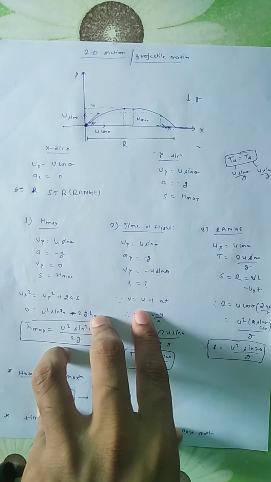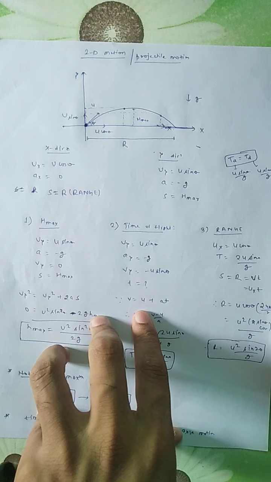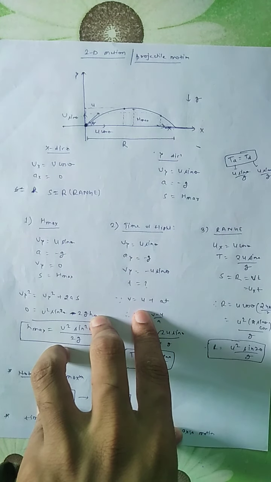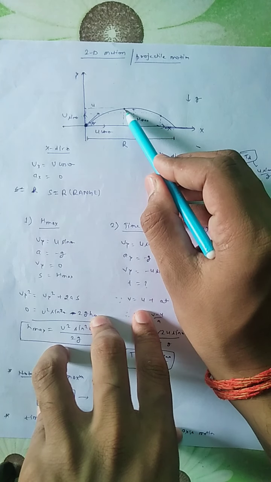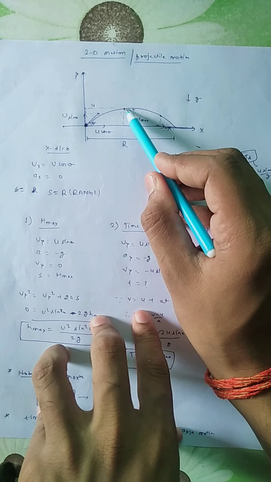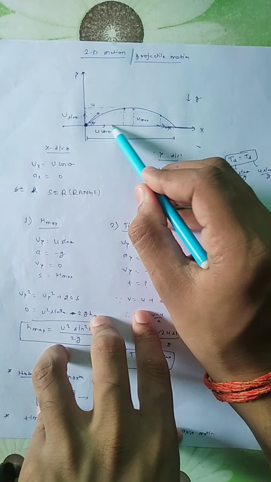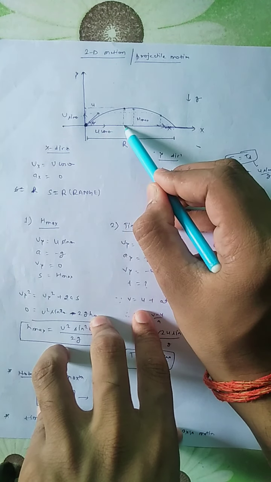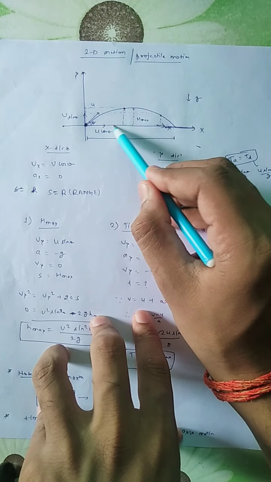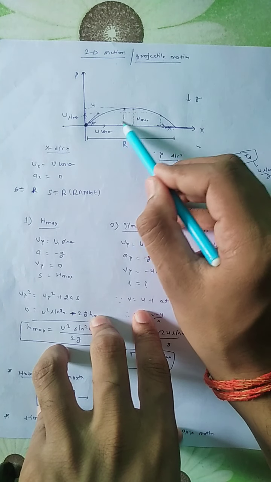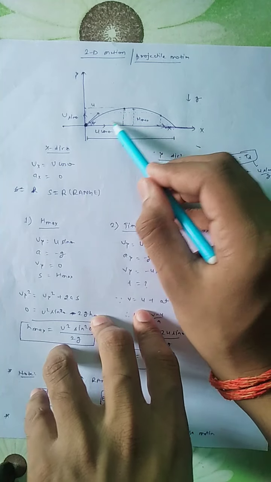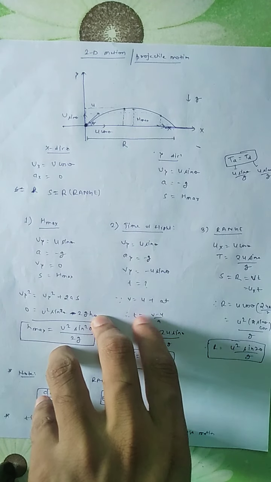Okay, you must remember that time is the quantity which relates both x-axis motion as well as y-direction motion. Let us consider it with an example. Let the body be at this point at any time. At this particular time the body is at this length in the x direction, and at the same time the height of the body is this. This is the x component and this is the y component of the displacement at the same time. So time is the factor which relates both x-axis as well as y-direction motion.